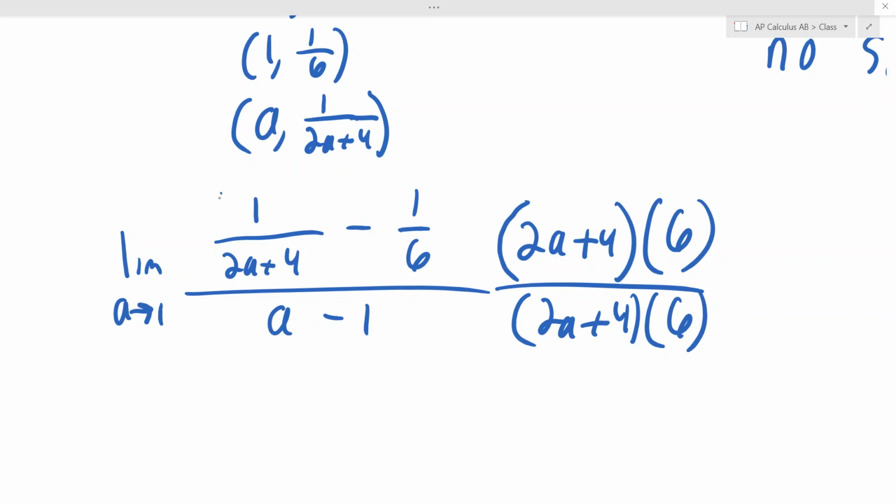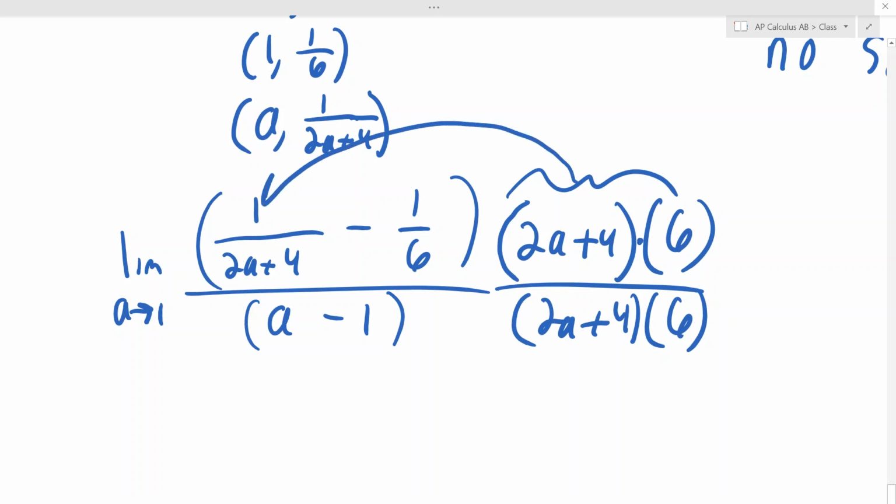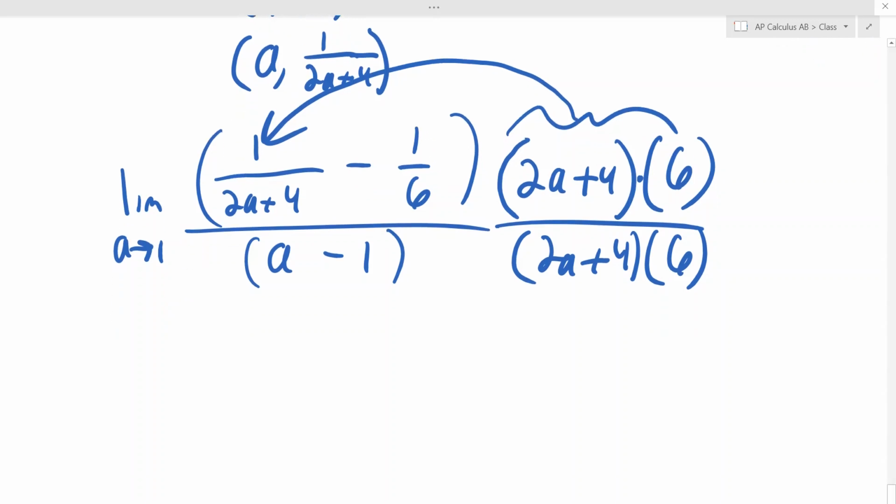Okay, so we're distributing that into here. And again, just to point this out for everybody, this is multiplication out here, right? We don't distribute into multiplication. You just multiply what's there. There's a big minus over here. So when we multiply these two things, they have to get distributed on each side of that minus sign. That's how that works. So both of these things get multiplied to here, but when that happens, the 2a plus 4s are going to cancel. There's going to be one on top and one on the bottom. So we're just left with a 6